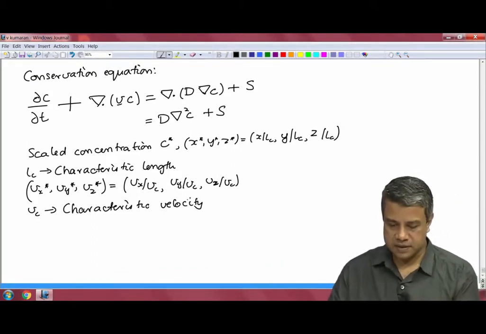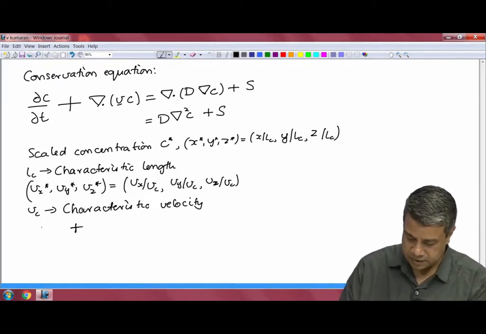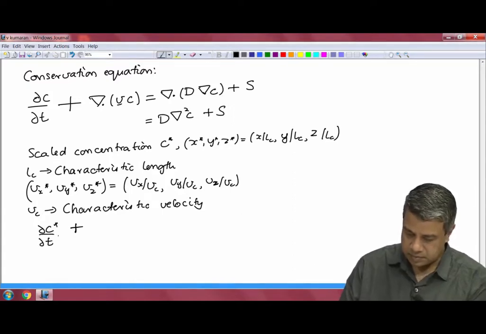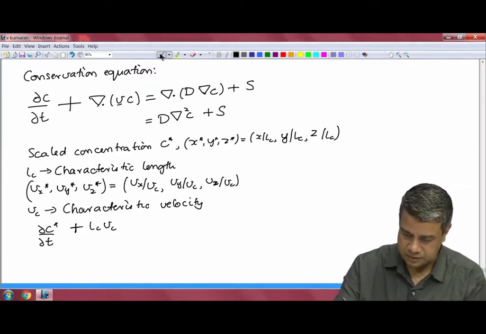And if I express the equation in terms of this, what I will get is partial C star by partial t plus LC into Vc,